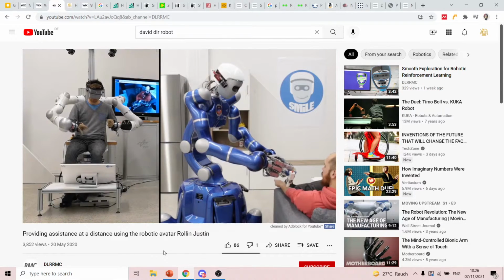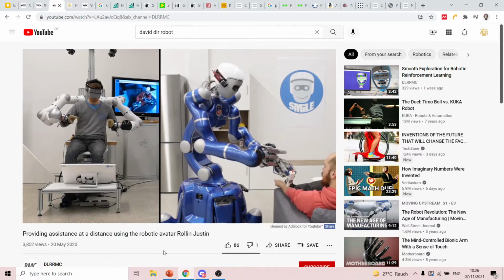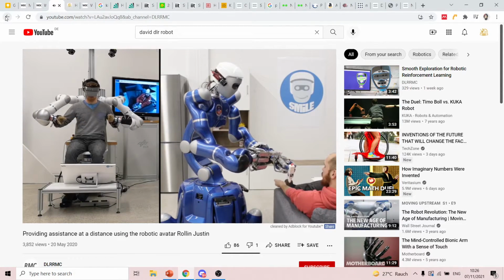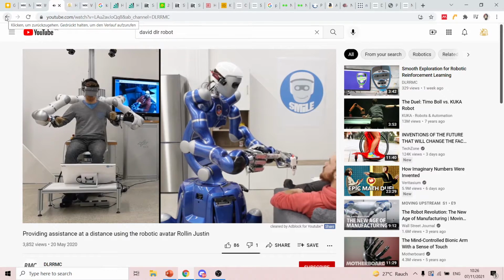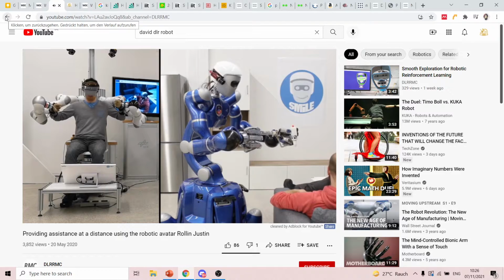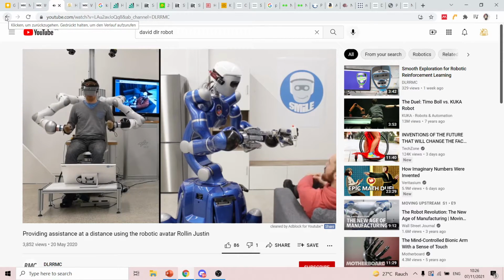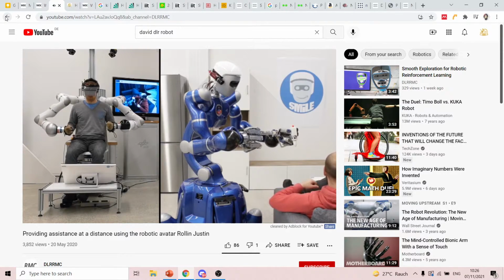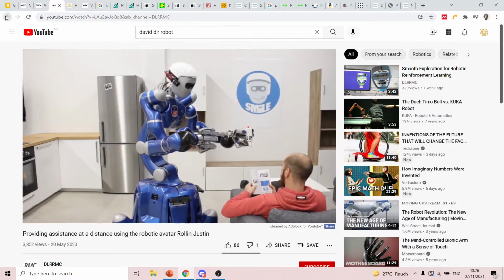Assistance robotics is the core of the research project SMILE. The vision of the SMILE project is to help people with restricted mobility or physical disabilities to enjoy more fulfilling and independent lives. To check out all the research we have going on at our institute, click the links in the